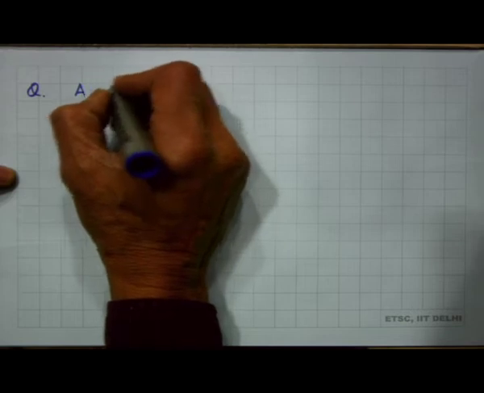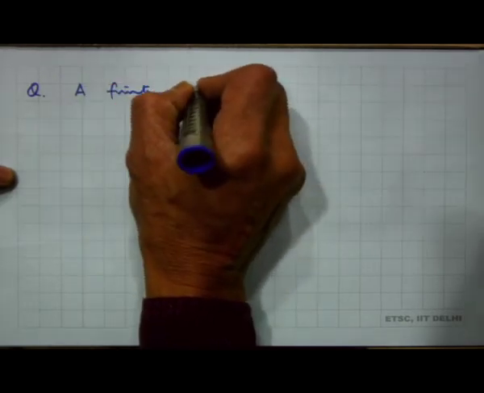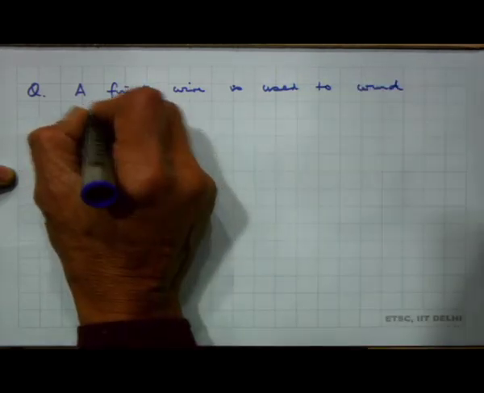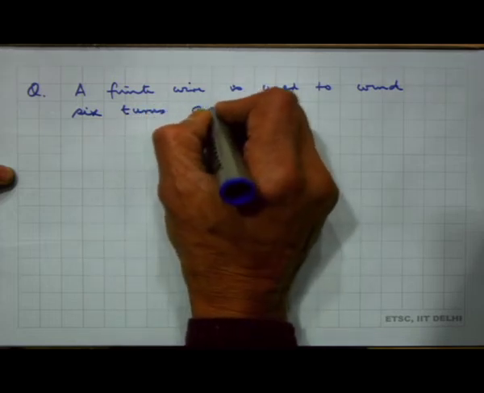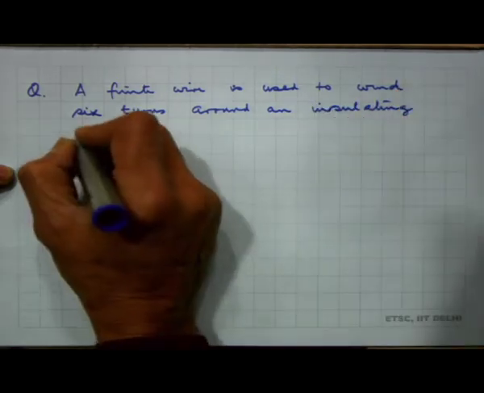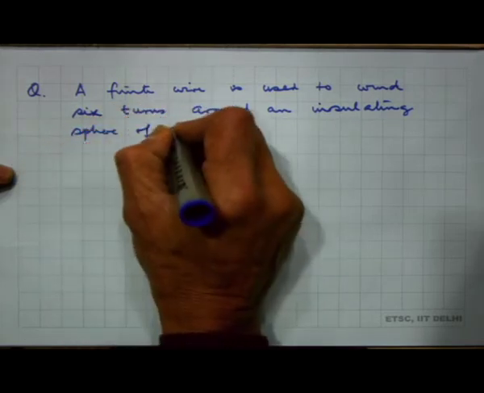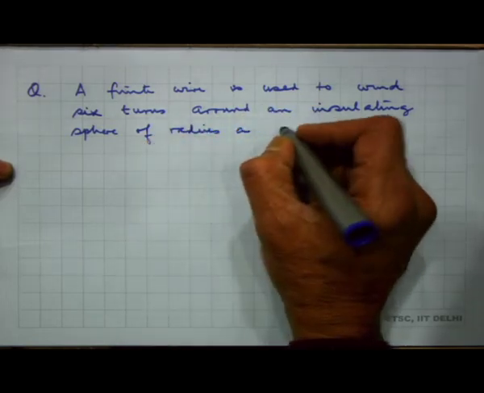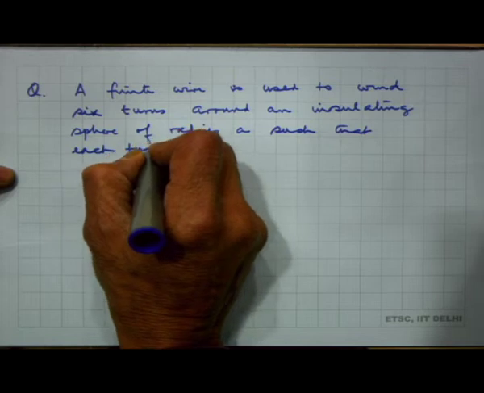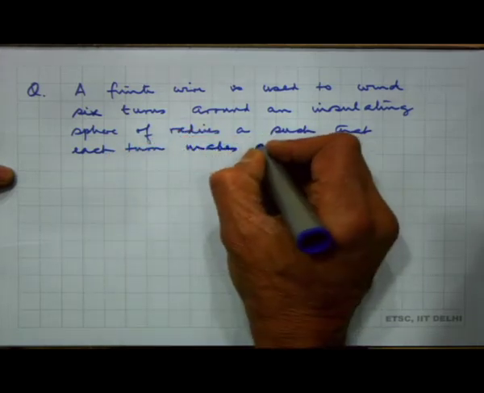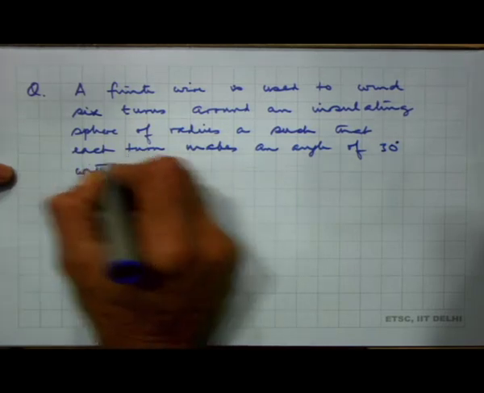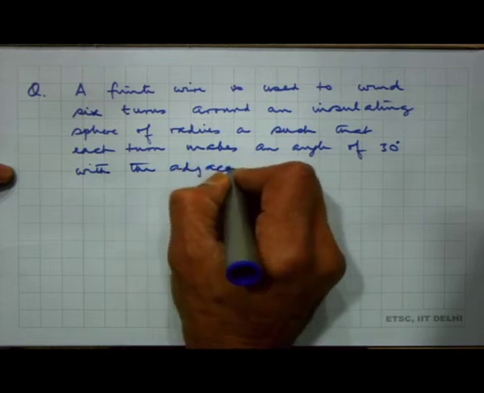If a finite wire is used to wind 6 turns around an insulating sphere of radius a, such that each turn makes an angle of 30 degrees with the adjacent turn,